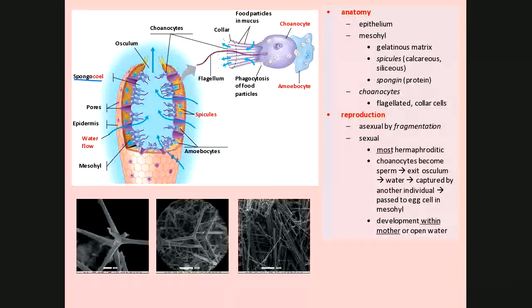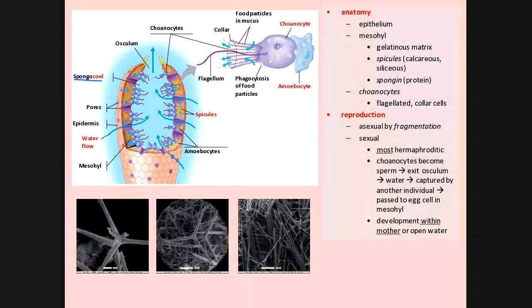In this mesohyle, there's this gelatinous matrix, right? And inside of that, there are these spongin proteins, and they're spongy. Proteins, remember, are kind of stretchy anyway. But even though they live in the water, they still need to be held together. We talked about this need when we discussed animal cells and their cytoskeletons and plant cells and their cell walls. The way they do that, if you look down below at the little black and white pictures, those are electron microscope pictures of things embedded in the mesohyle called spicules. Spicules are made up of calcium carbonate. They can be calcareous or siliceous in their makeup.